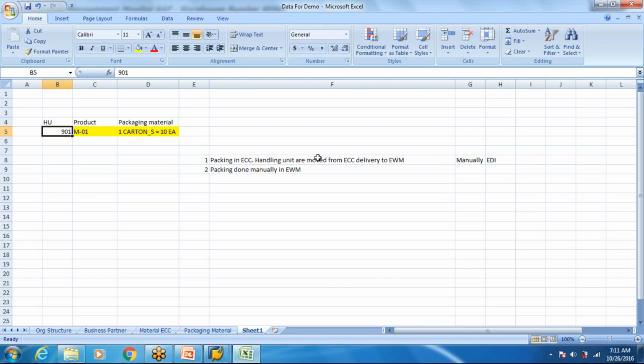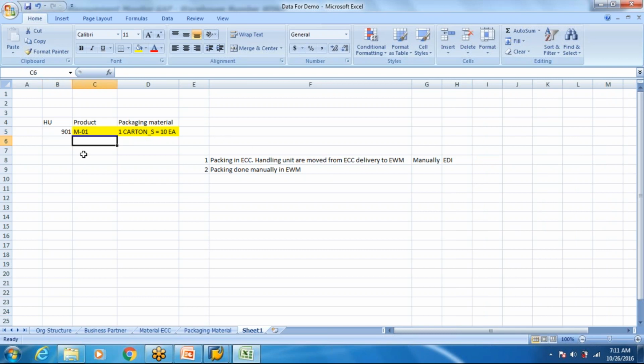Now in scenario 1, in ECC, with HUs moved from ECC to EWM, for packing purposes, the product to be packed has a field called product group, and the material used for packing has a packaging material type.